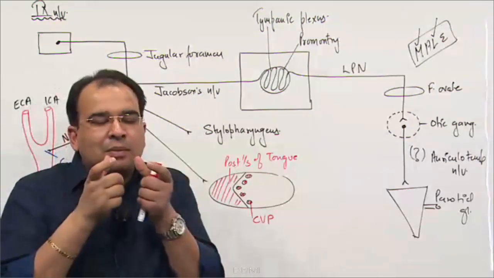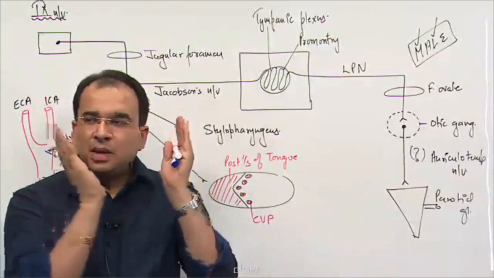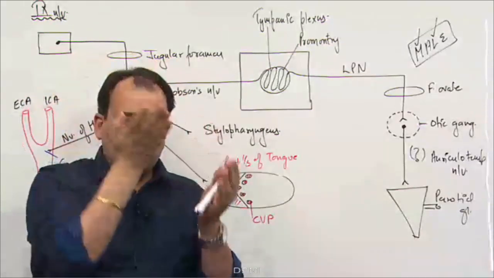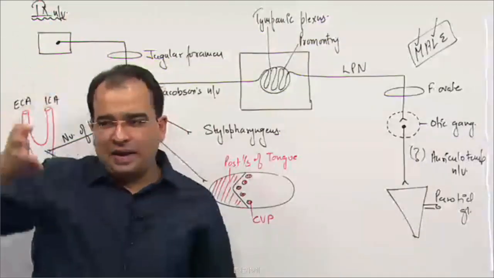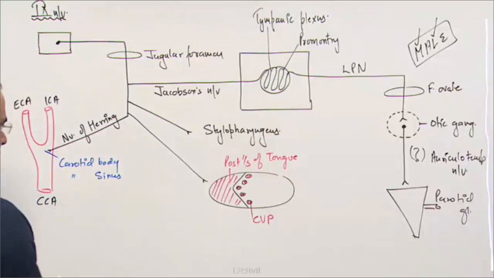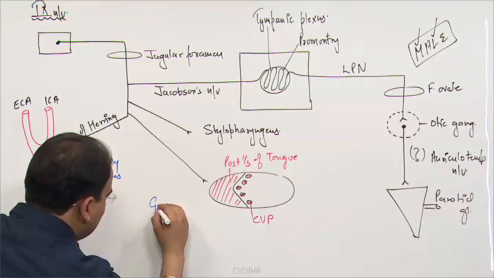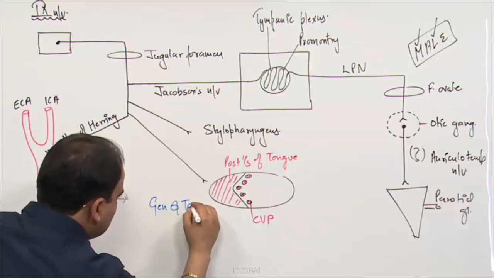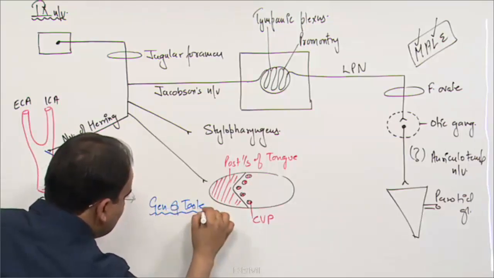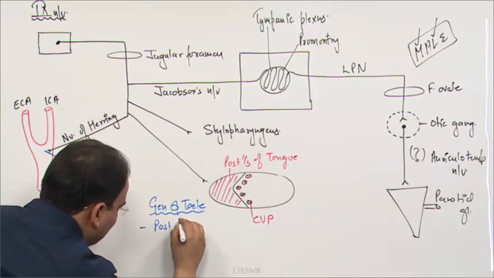And if you go to the side, what is there on the side of the posterior 1/3 of the tongue? We have the palatine tonsil, and above that we have the soft palate. So even the palatine tonsil and soft palate region is also supplied by the glossopharyngeal nerve. So I would say that it carries general sensation and taste. It is carrying both general sensation and taste from the posterior 1/3 of the tongue,